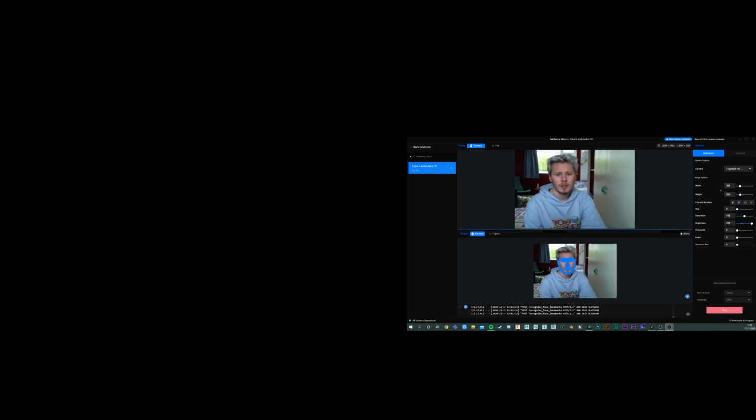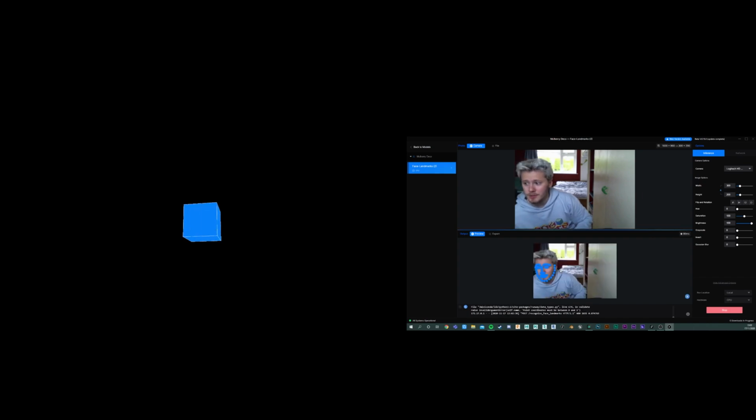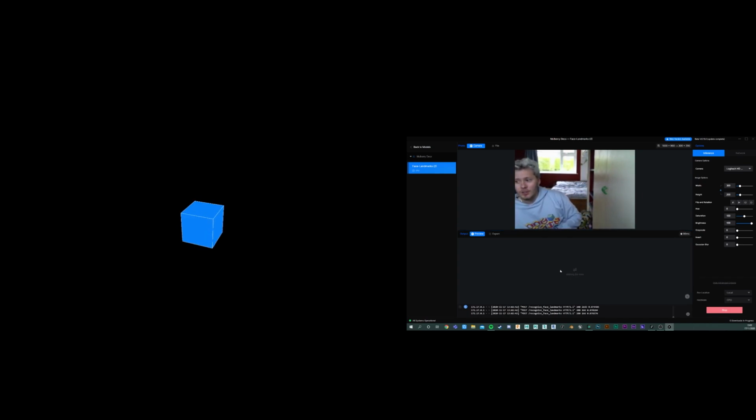So if I cut off, you can see here the face tracking is cut out, but it's still there, and then as it picks my face back up, it reinitiates. So we get the loss, and then we get the face picked back up. The cube will stay in. So even if it cuts out visually on the tracking, the actual visual won't cut out, which means it's not so obvious. Obviously there are going to be limitations to tracking anyway, so